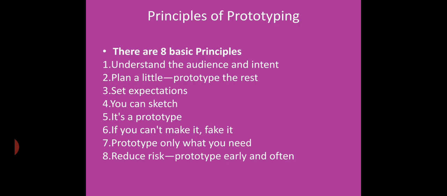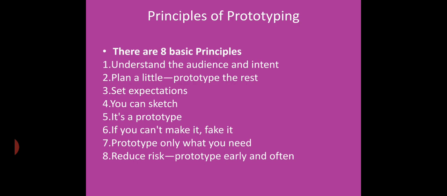So there are 8 basic principles. The first one is understand the audience and intent. What does that mean? Suppose you want to design something, you first have to understand your customer's requirement. That means he is the audience for you. So you first have to understand what he is thinking, what he is going to make. You have to understand that concept, and only then make it. So the first thing is to understand the customer expectation, and then the second one is